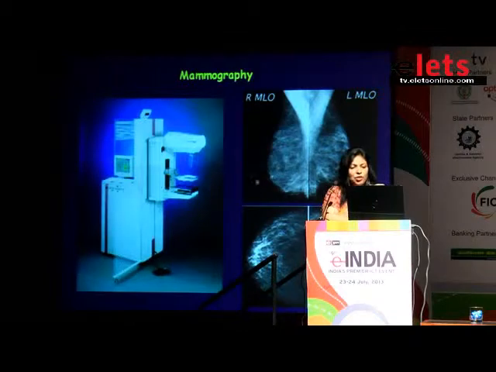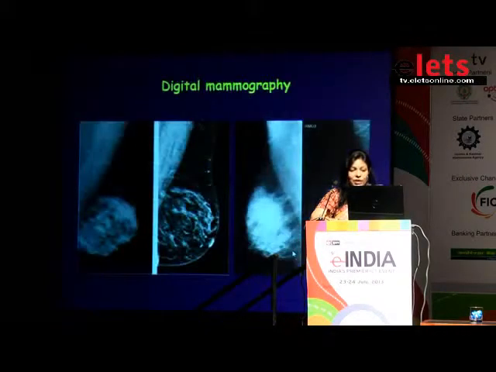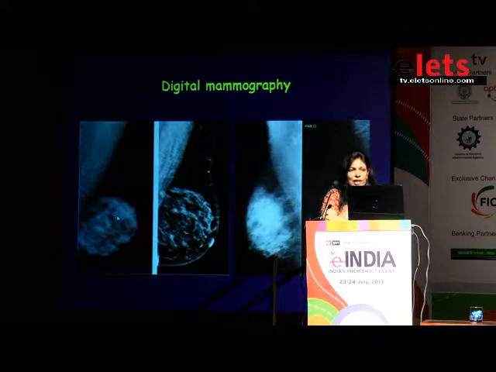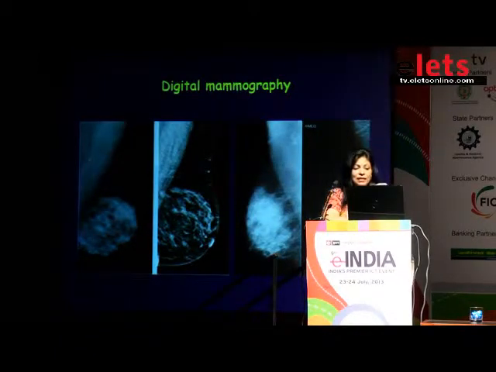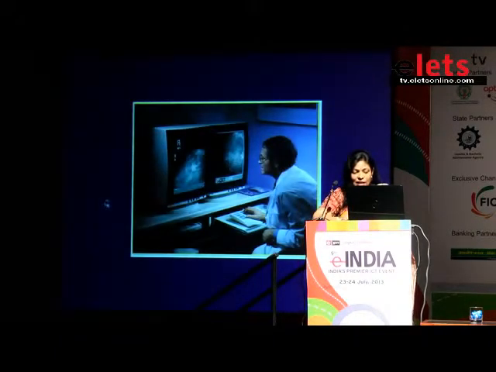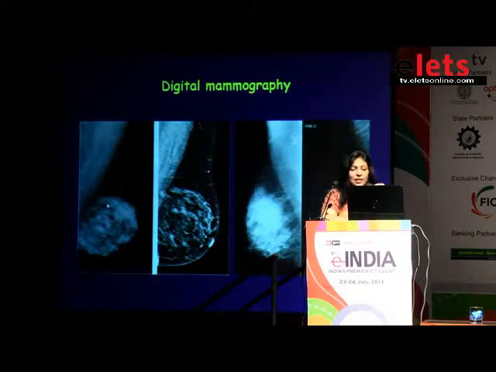Mammography, so this was a conventional mammographic machine. These are normal views wherein we take the oblique views and then the craniocaudal views. Okay, that was very good. But look at this dense breast, probably a very young lady, maybe a lactating lady. We don't know. She has a malignancy hidden somewhere there. We can't see it because the tissue is so white, it's just hiding it.